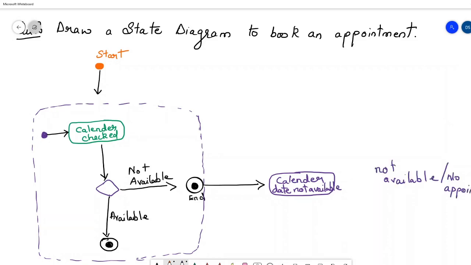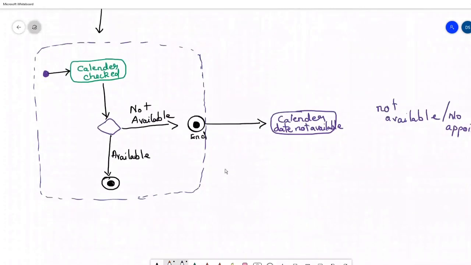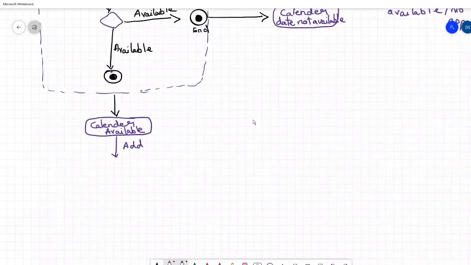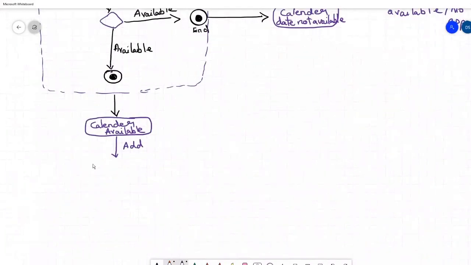It depends on whatever you want to write. Now further we can elaborate it as calendar available, appointment added or given. So the next state would be